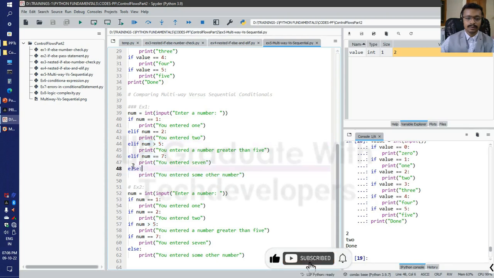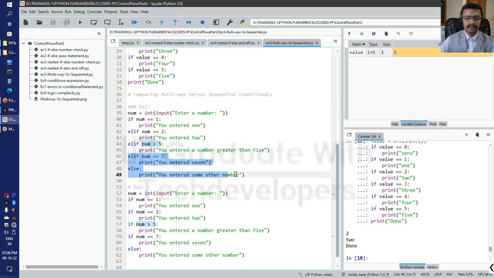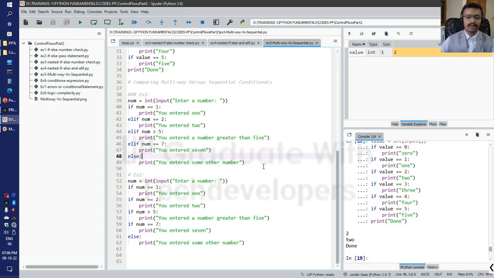So if I enter the value 7, here the condition becomes true with the second else if part, okay. So the remaining else if conditionals will be skipped or ignored,